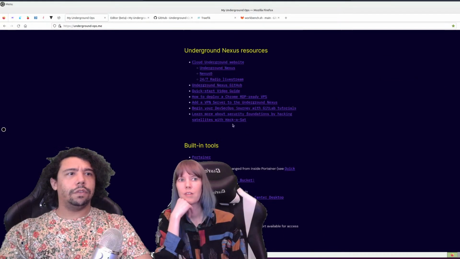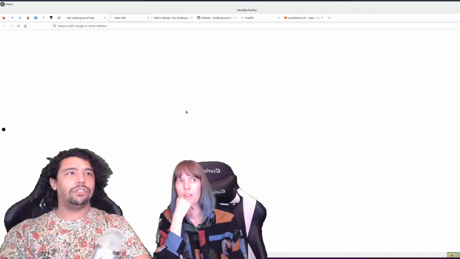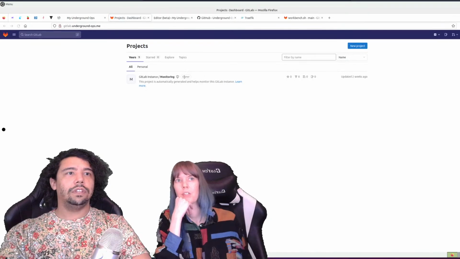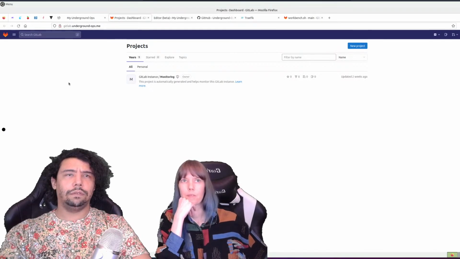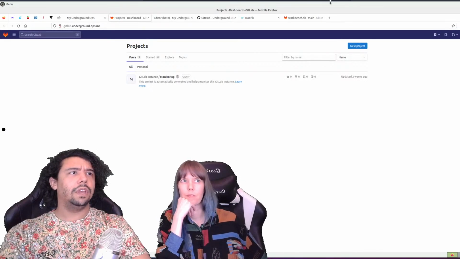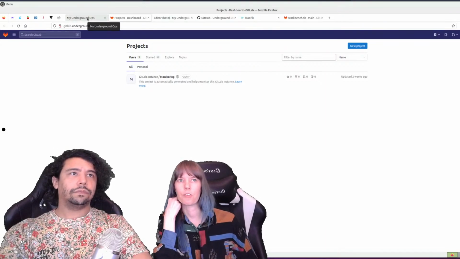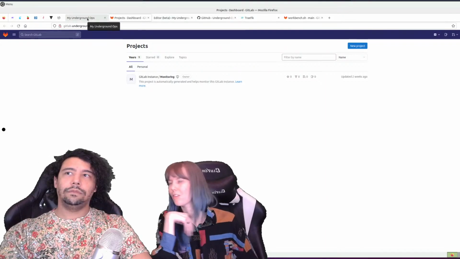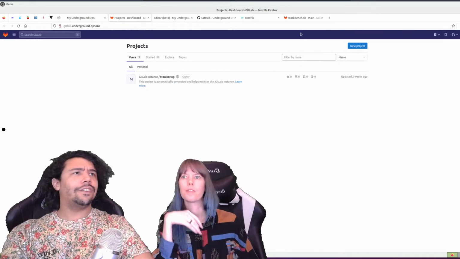So this is an example that works right out of the box. Let's say you just pasted the underground nexus. You just click on it, and you can start logging into your GitLab and get configured. Amazing. You can do amazing things. And if you don't have an AMD64 system, you can just install GitLab. Perfect. For Raspberry Pis, there's actually an install for